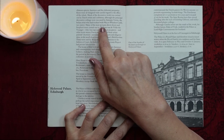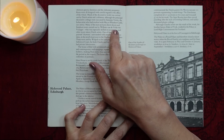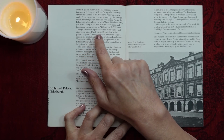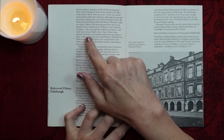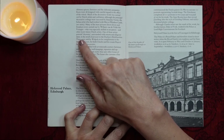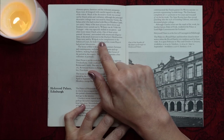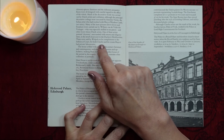Many of the inset pictures above doors and fireplaces were carried out by William van der Velde the Younger, who was especially skilled at sea pieces, and other more minor Dutch artists. One of these artists painted chymists surrounded with retorts and alligator skins in the small closet next to the Duchess's bedchamber. These were said by Walpole to be compliments to the fashion at court, for both Charles and his cousin